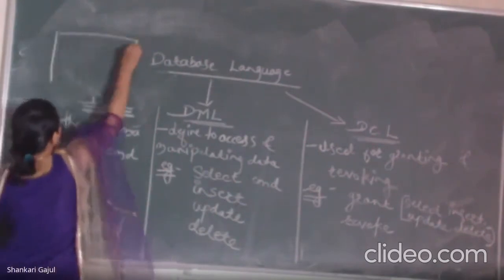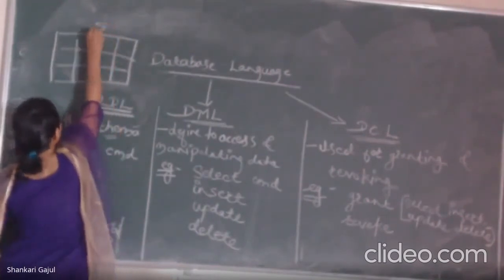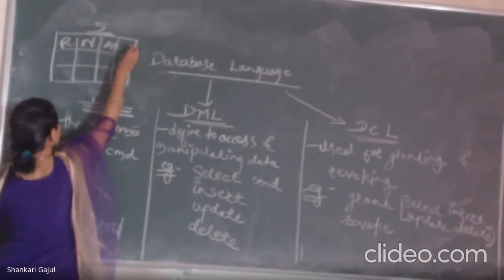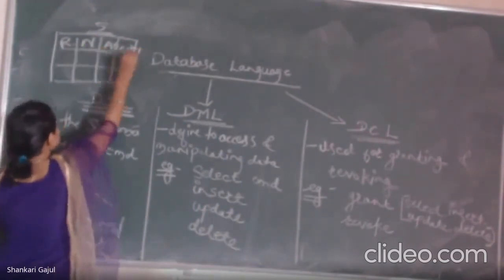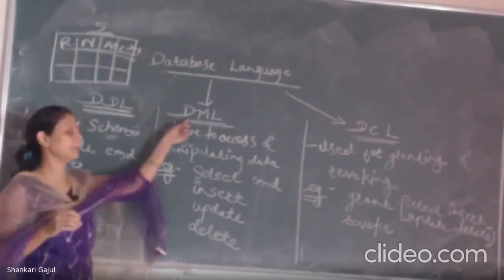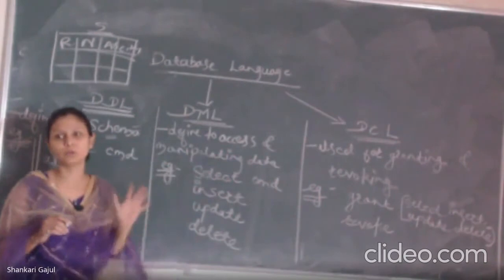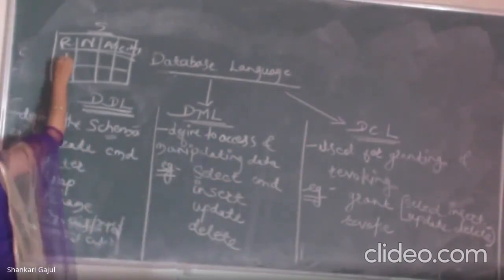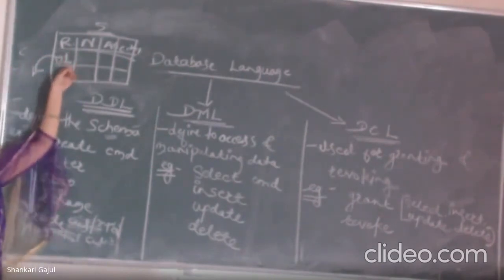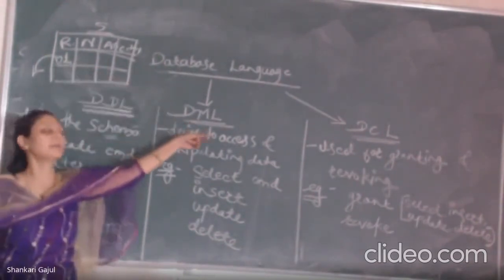Student table. It consists of rows and it consists of columns. So this is the row, this is the roll number and the name, address and the seat. Okay. So these are my column names. Okay. So what is the DML language, data manipulation language? It is used to access and manipulate the data into the database. Suppose this is my roll number 1. I want to access, I want to read this roll number 1 from this student table. So for this purpose, I am using the data manipulation language.